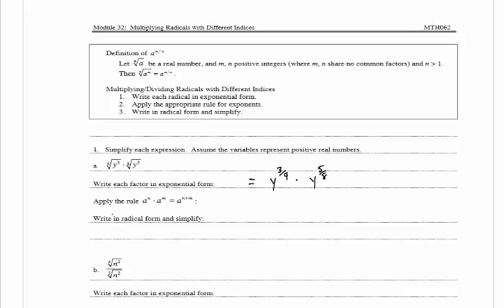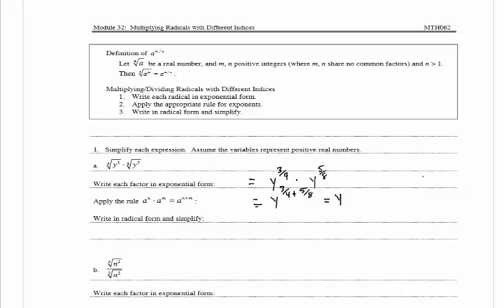And now we want to apply the rule that a raised to the n times a raised to the m is equal to a raised to the n plus m. So we're going to have y raised to the 3/4 plus 5/8,